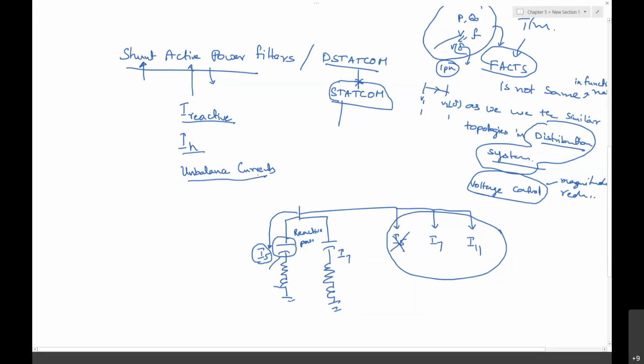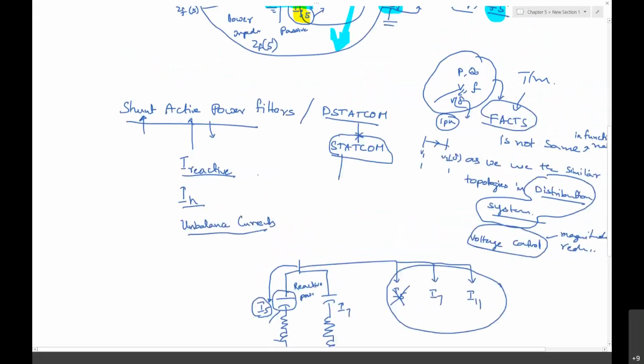As I discussed, the STATCOM functionality and the DSTATCOM are very much different. The STATCOM is used to regulate the power in the transmission network, whereas the DSTATCOM is used to supply the harmonic current as well as the reactive power. Why are these the requirements under which the shunt active power filter operates?